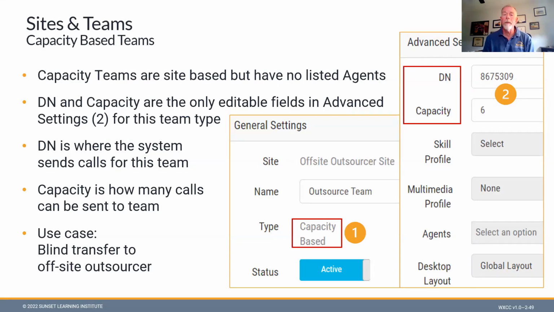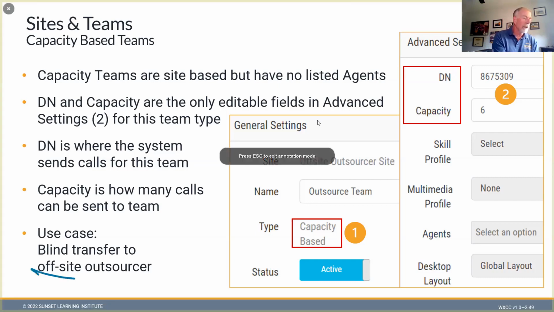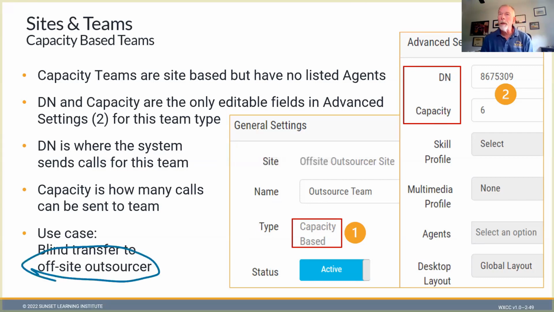What a capacity team allows you to do, maybe the best case example here, is some kind of offsite outsourcing. You've got an outsourcer that you've got an agreement with that says, hey, we will take 10 of your calls as overflow from your regular contact center environment. Awesome. That sounds exactly like what we want in the form of a